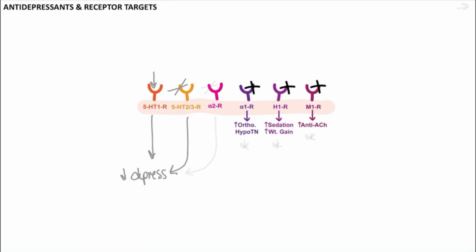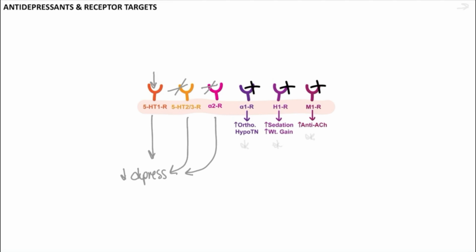Same with antagonism at our alpha 2 receptors, which are on those postsynaptic terminals that would usually serve as the serotonin and or norepinephrine off switch. So if we block those, we get more serotonin, we get more norepinephrine, and we get antidepressant effects. Now, I'm simplifying this to some degree, but the key point is there are receptors that counteract each other, so just keep that in mind.